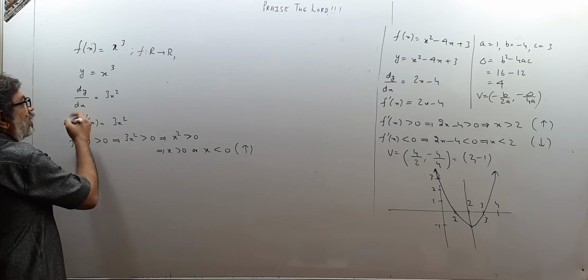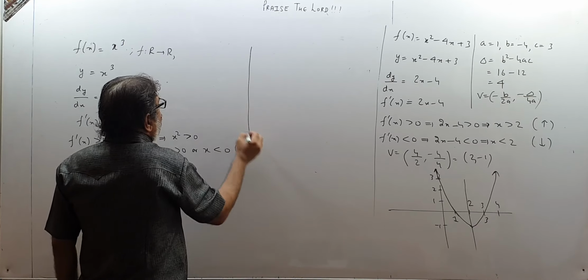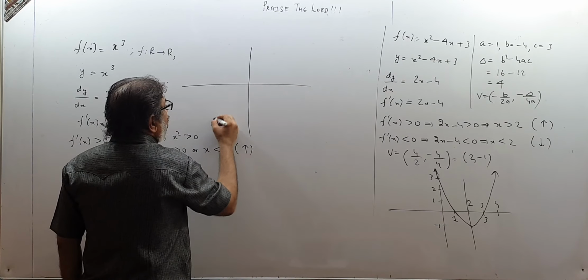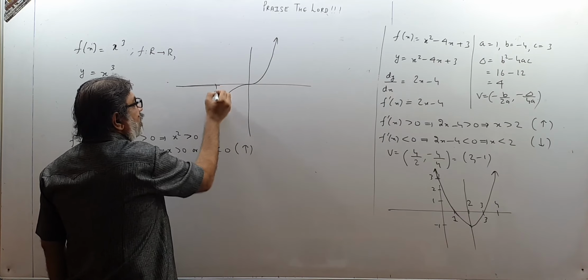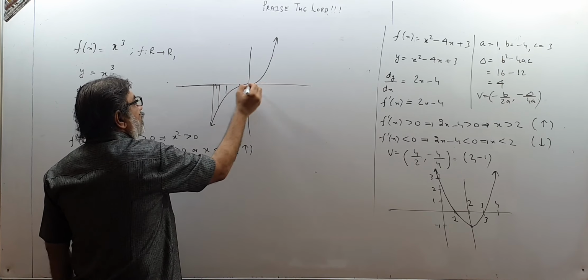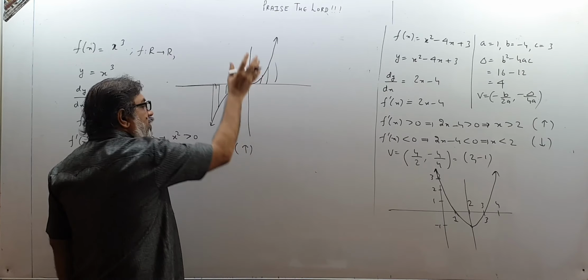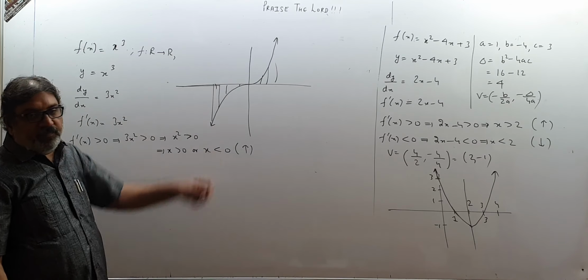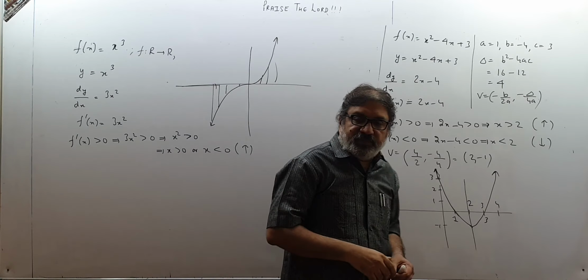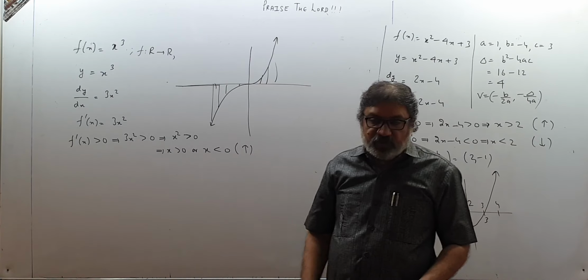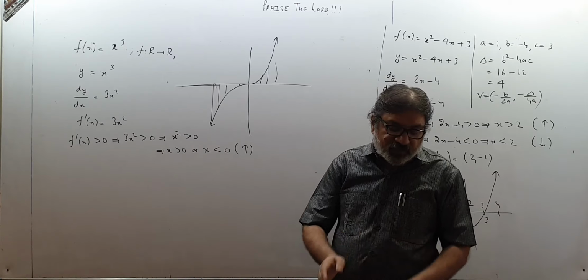And actually, when you draw the graph of y equal to x cube, it comes out like this. This will be the graph. So as you move from left to right, the height keeps on increasing like this. It goes up, it rises up. So it is an increasing function for all values of x. So this was about, children, increasing and decreasing function.